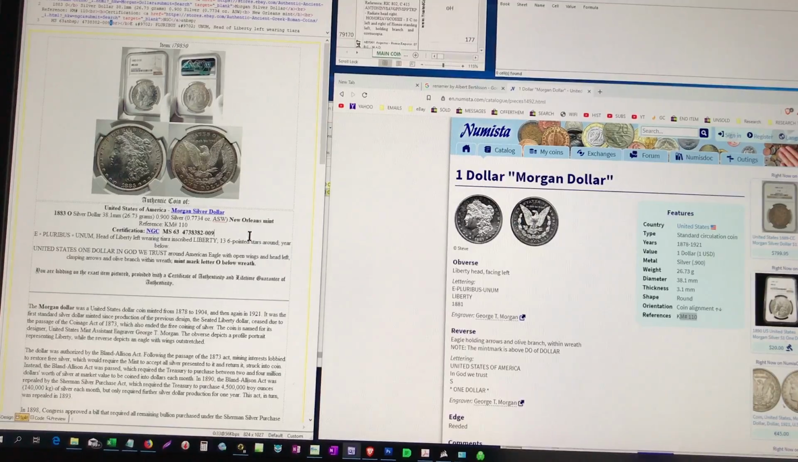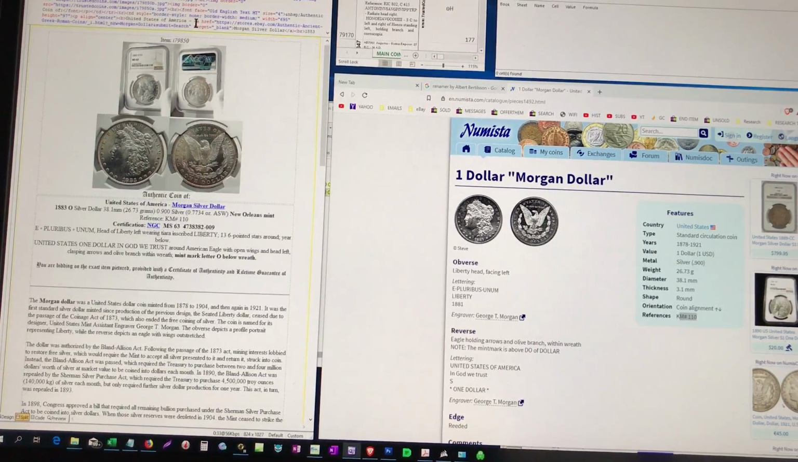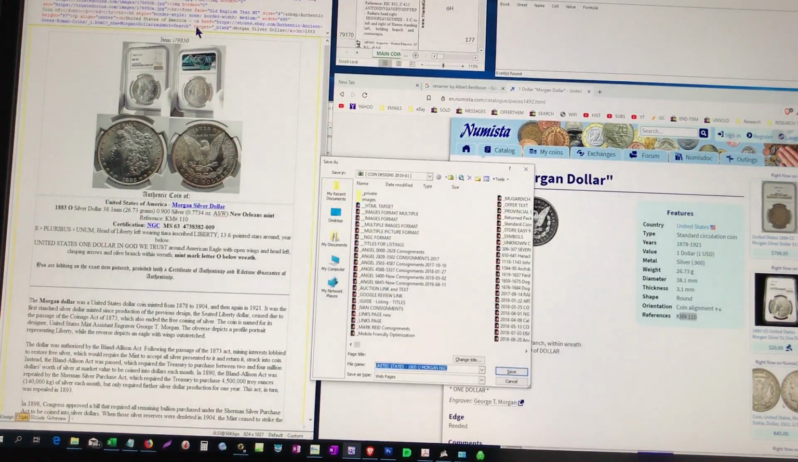473832-009. Then I press the G1 button. What that does is that, see this code? It starts making these spaces, right? So we just optimize the text. Then I press G2, and I save the file as